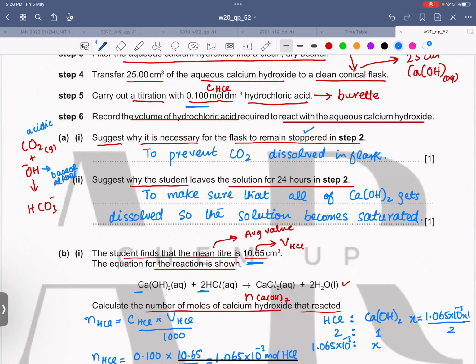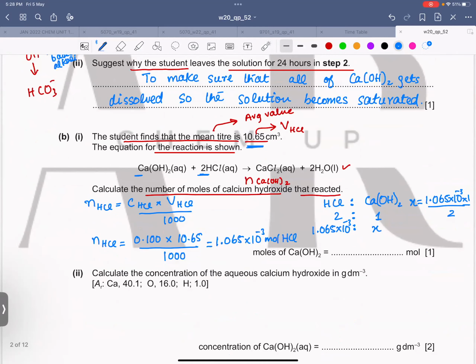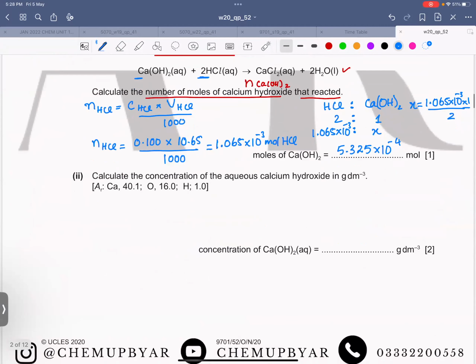So use the 4 significant figures value. So 5.3, if there is any other value after 2. No, sir, 5. Okay, so 5.325 exponent minus 3 are the moles of calcium hydroxide. Is this clear to everyone? Minus 4. Okay, thank you. So 5.325 exponent minus 4 moles of calcium hydroxide is being used during the titration or reacted